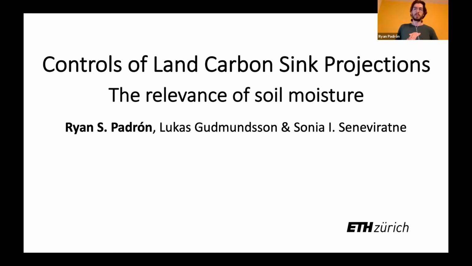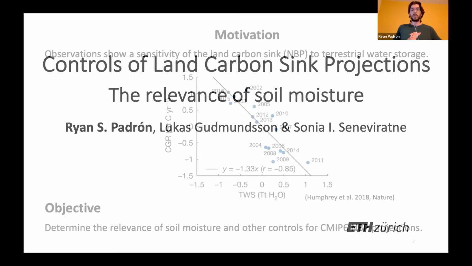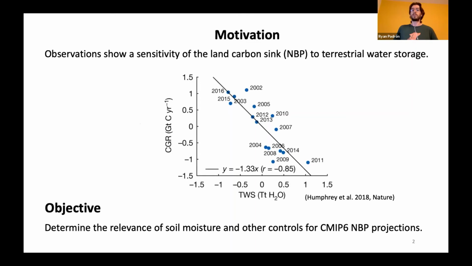of the models towards the end of the century based on intermodal differences in the soil moisture conditions and in the sensitivity of MVP to soil moisture. Now the motivation why we wanted to focus on soil moisture as a relevant control of the land carbon sink is based on this observation study from Humphrey et al., which showed a quite strong sensitivity of the atmospheric carbon growth rate of MVP to terrestrial